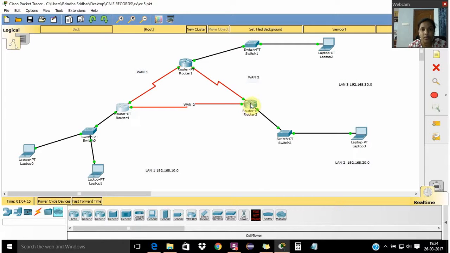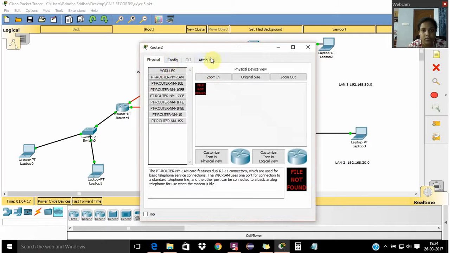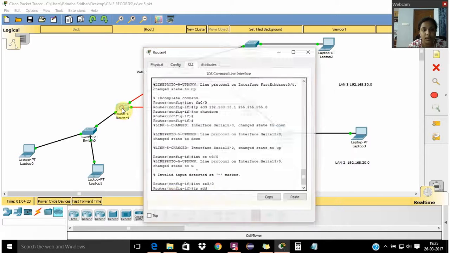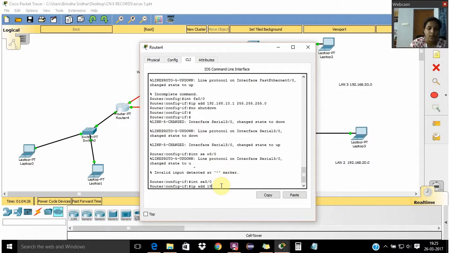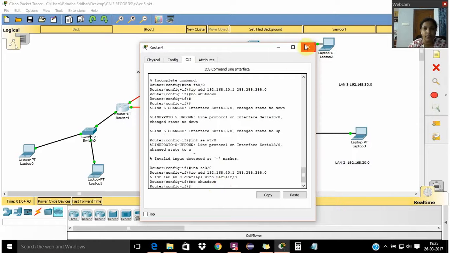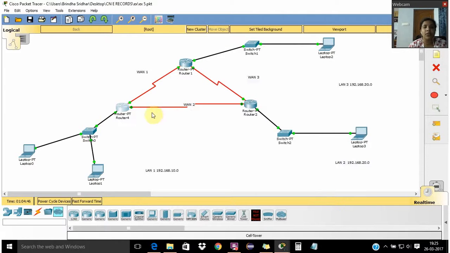The IP address of this router is 192.168.40.1 space subnet mask, and no shutdown. So this is how I connect my routers with the other router. I have to give connection for all three routers the same way, and after all the connections are established,